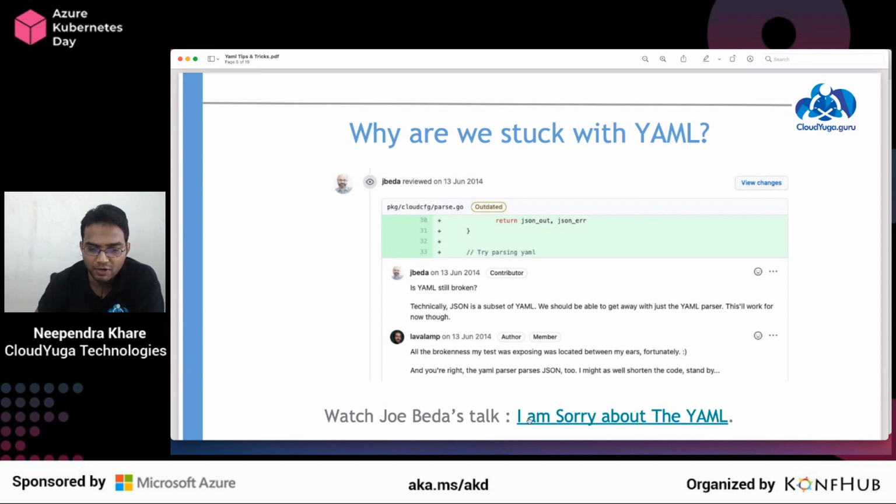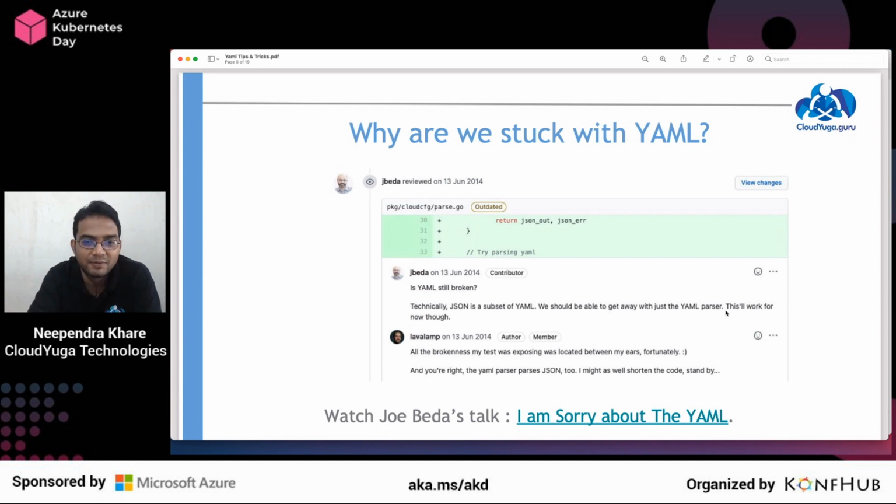I got this reference from his talk, I'm sorry about the YAML. He actually gave a complete talk on why YAML can be painful in Kubernetes, though we are there now. If you look at the comment here, it says we should be able to get away with just the YAML parser. This will work for now, though, right?